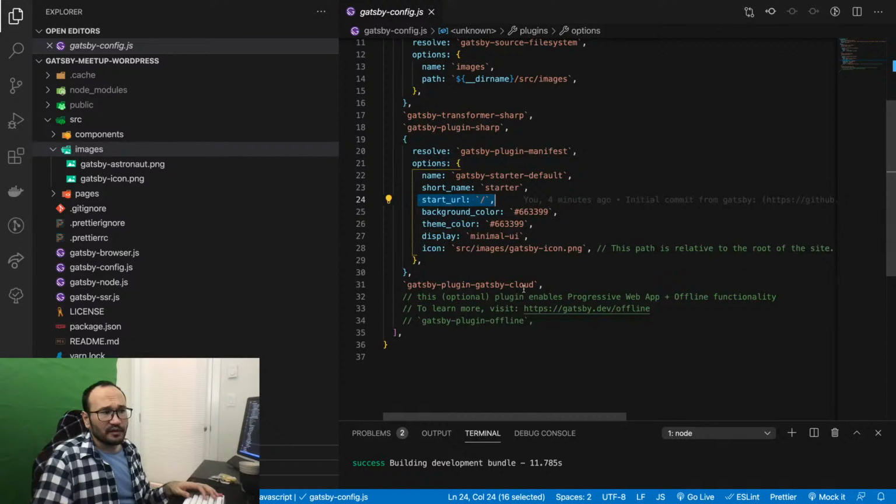And we have gatsby-plugin-cloud. We don't cover this today, but it's used when you want to host this on any hosting and you want to add some redirects and stuff. It's more advanced stuff, so you can use this and configure it for yourself.